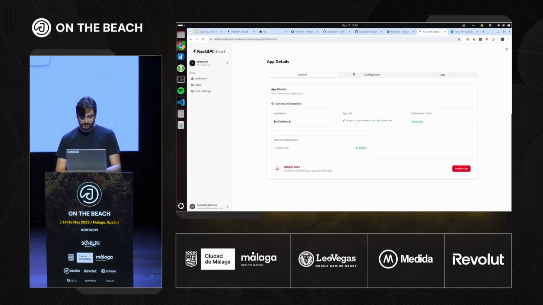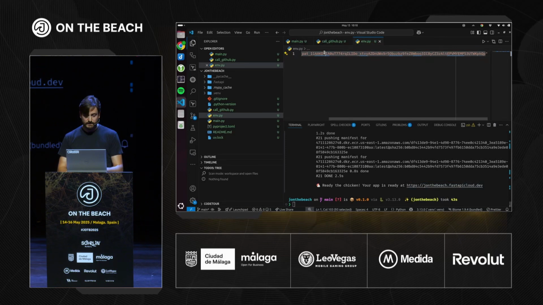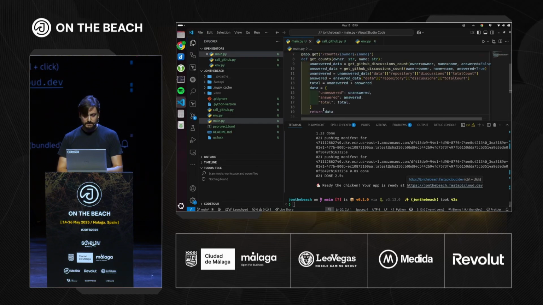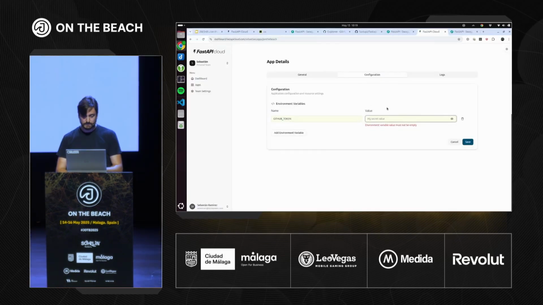Oh, dang it. Let's see. GitHub token. So I have to edit this. Let's see. Am I using GitHub token? GitHub token. Yes, that's the name. Is the value here? GitHub token. Save.